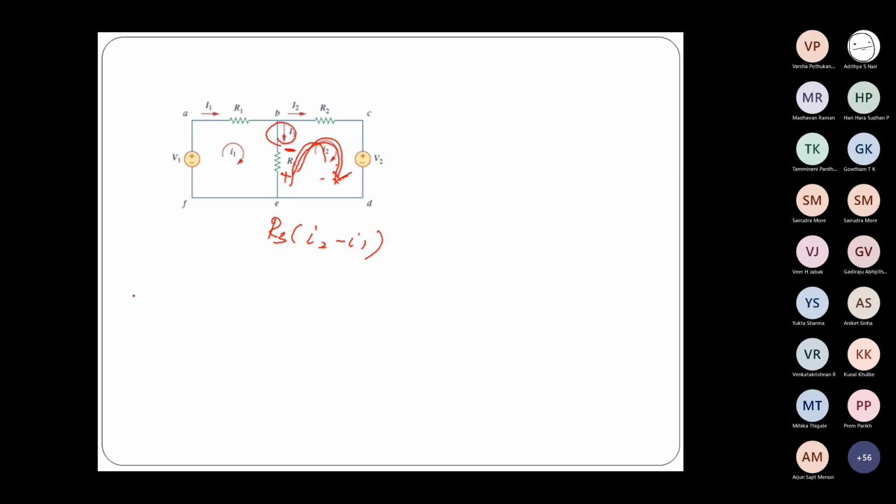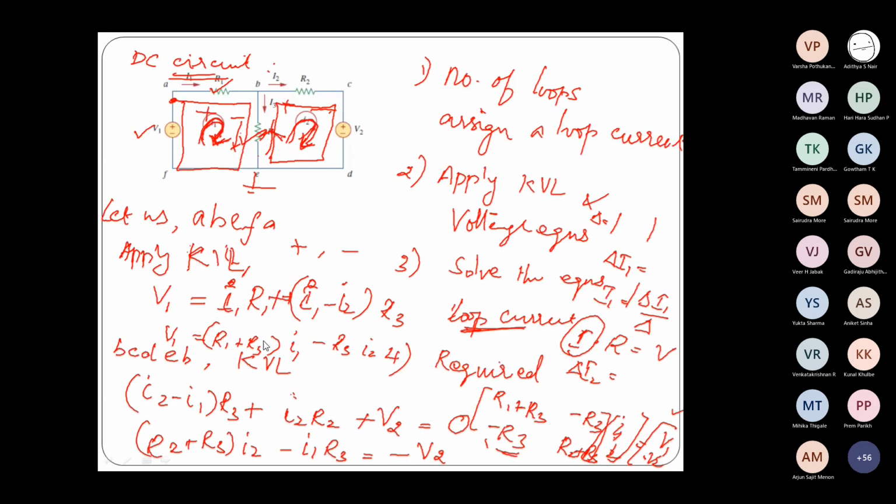But then how can you write plus I2 R2? You have to write minus I2 R2, no? But this is R3, no? So I2 R3 minus I1 R3. No, I'm talking about the next element. This is fine. See, then you have written plus I2 R2. So here, what I have written is I2 times R3 plus R2. Correct only, no? I2 into R3 plus I2 into R2, which became R2 plus R3 into I2.